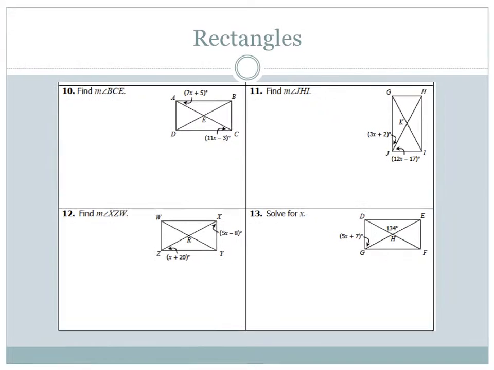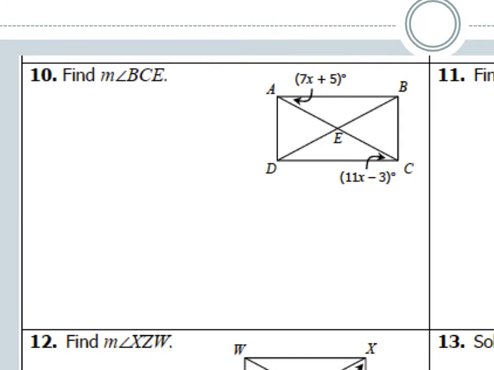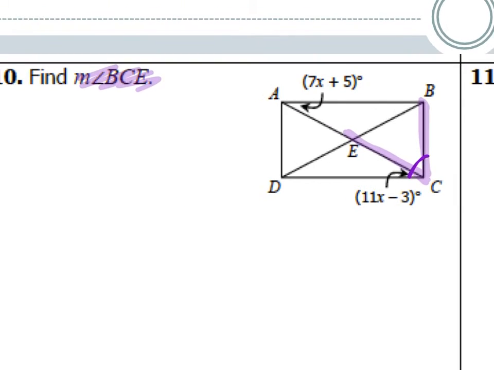Alright, so now we're still dealing with some rectangles, okay? So find the measure of BCE. So I'm going to go ahead and highlight what angle measure they want me to solve for, BCE. And I notice that BCE is the other half of this angle right there, of angle C. So one of the things that we talked about in our notes is that all of our sides of a rectangle are parallel to each other, which means that these two angles that are given here